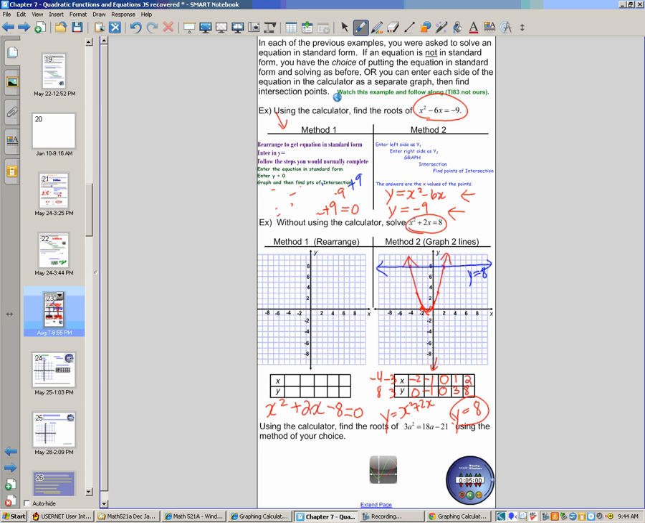Okay, so the answers are the x-coordinates for the points where those two graphs intersect. So we'd have negative 4, and we'd have a positive 2. X equals negative 4, and x equals 2. Okay,